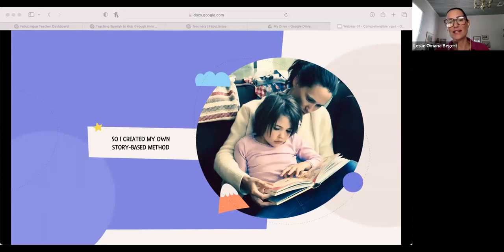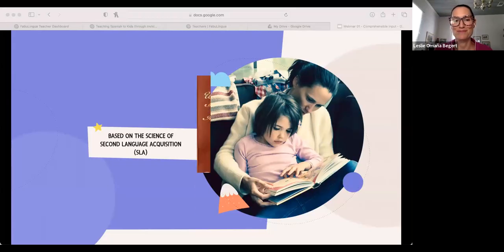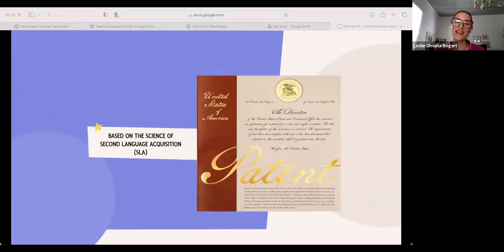I had studied psychology, linguistics, and anthropology at Oxford and Cambridge. So frustrated, I created a new methodology for teaching languages through children's stories. And it led to natural, subconscious language acquisition. It was a real breakthrough. Such a breakthrough that I was awarded our first patent on the learning technology.